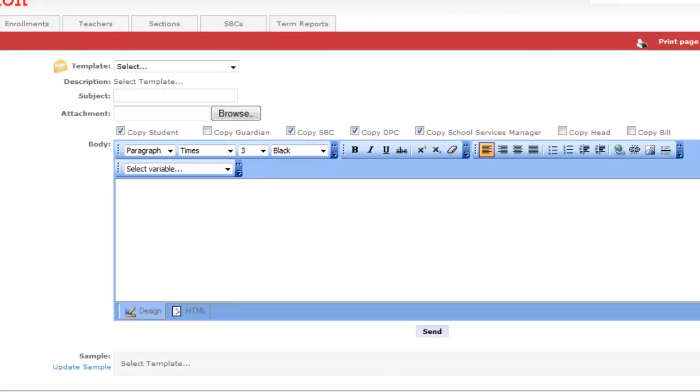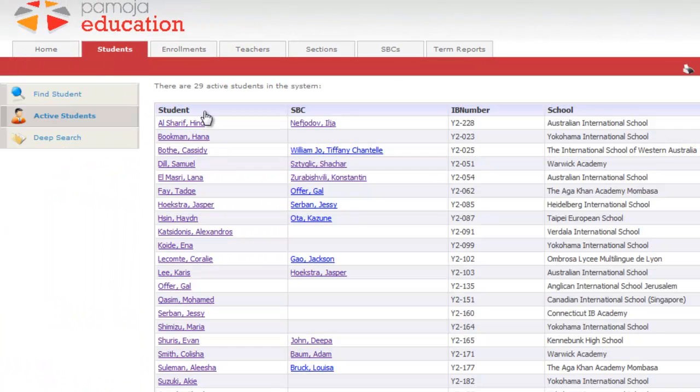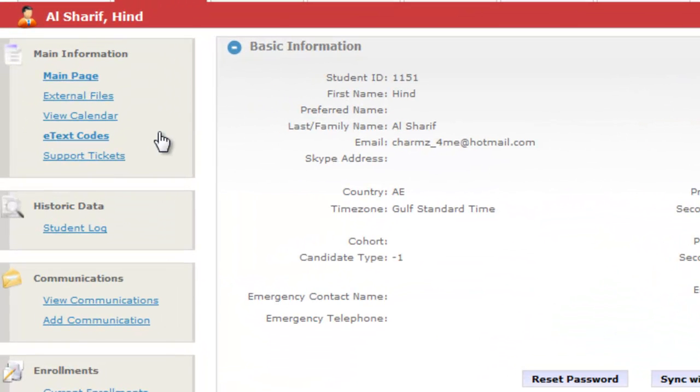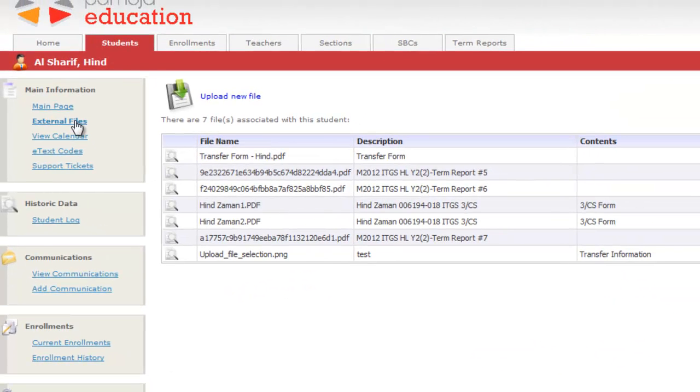If I go back to the student list and I click on the student again and get back to the main category, the next thing that I'd like to show you is external files. And these are places where we upload documents, or the students or SBCs can upload documents. For example, the transfer form, which for a transfer student helps the teacher understand what's going on, and I am able to download that. I'm also able to see that the term reports were loaded here by Pamoja, so the